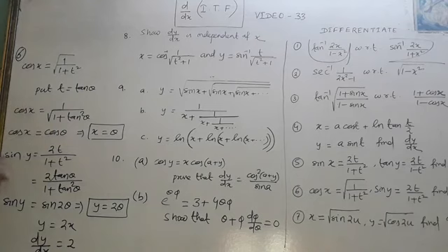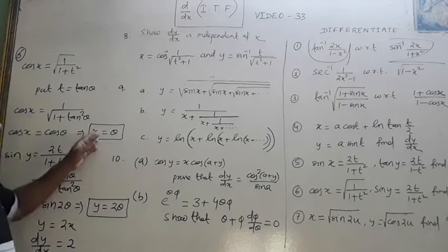Mind it. And sin y is equal to 2t by 1 plus t square. I am putting t equal to tan theta again. It becomes 2 tan theta by 1 plus tan square theta. You know it is sin 2 theta. Sin y is equal to sin 2 theta. Y is equal to 2 theta. I am putting a box here. Now I am making one relation. It is a different style. Okay, it is a different style.